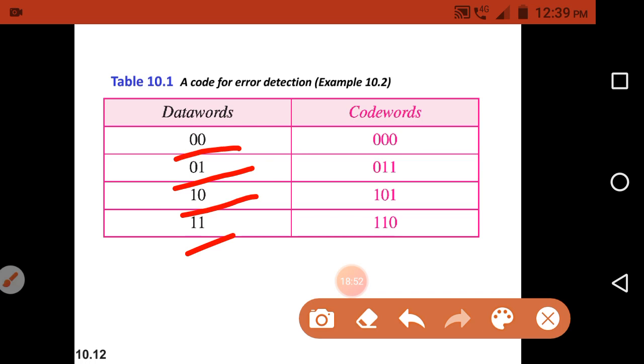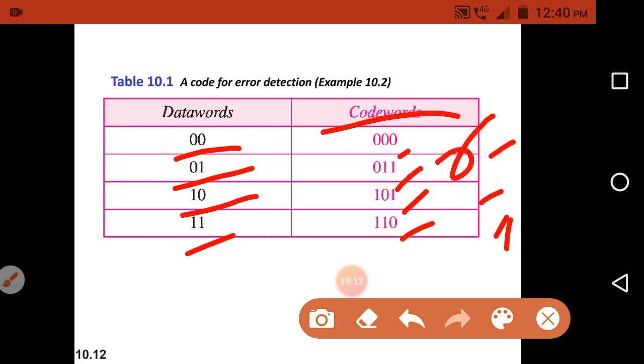For each we need to add some extra bits. Here I have added one extra bit: 0, 1, 1, 0. I have added an extra bit to each data word, and that creates the code word. So the r value is 1, and the code word has n bits, where n is 3. That is what we call the data word and the code word.